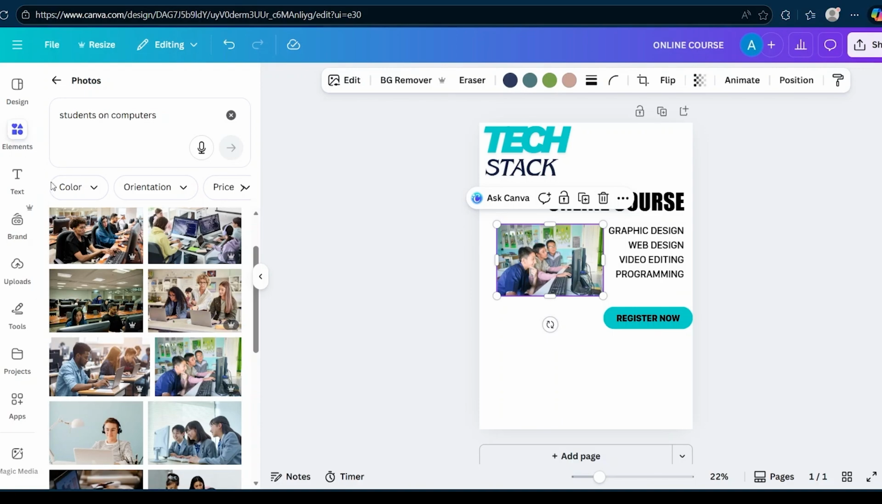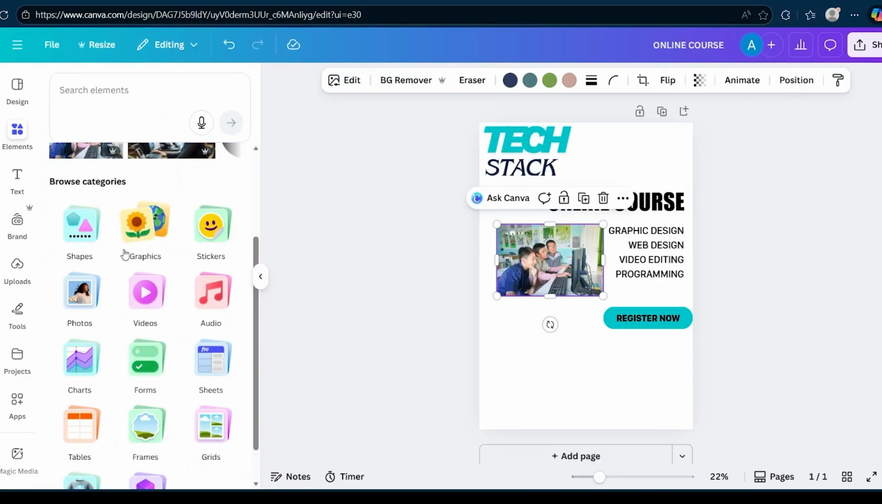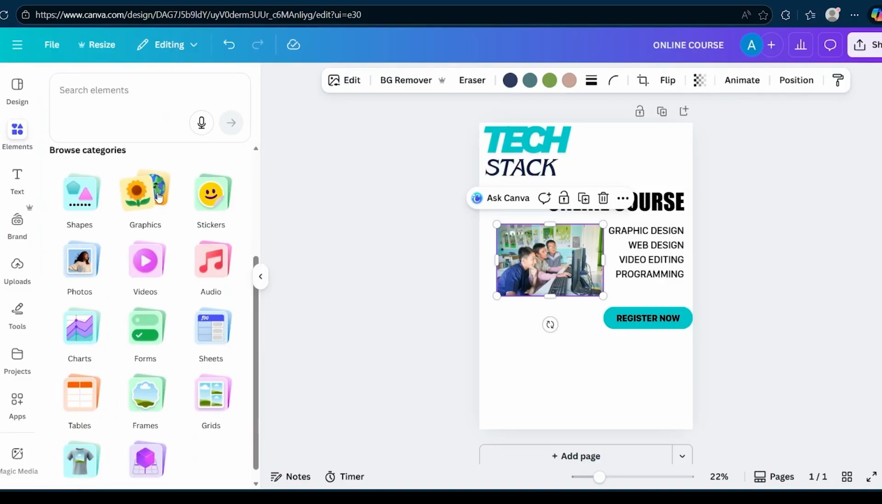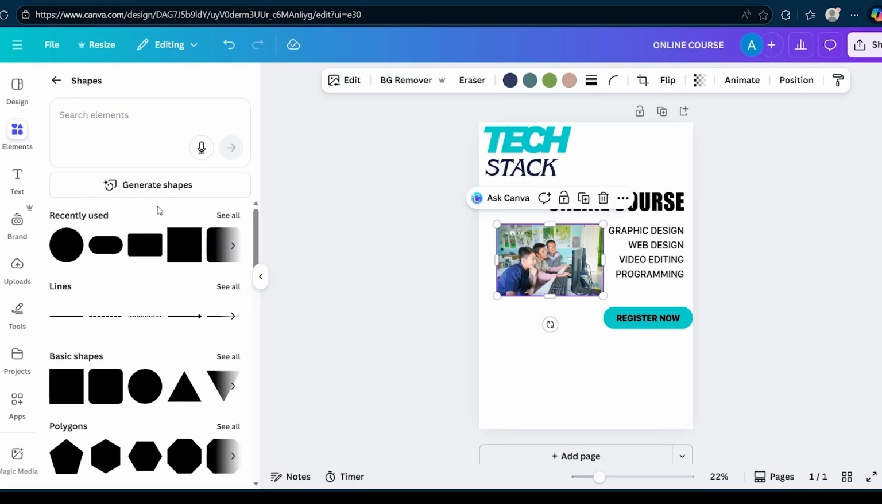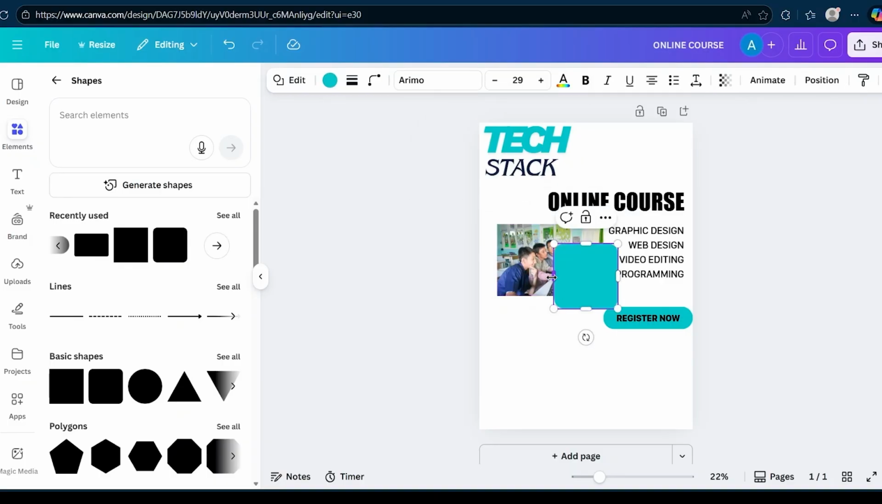So go back to elements here and then go and search over here. Click back here from photos, go down and then look at what we were doing, not graphics. We're going to go to shapes. So the shape that we need now is something that could go behind this photo. So I'm going to select maybe, I think this one. So I'm going to add this and make it slightly larger than the photograph so it fits behind it and